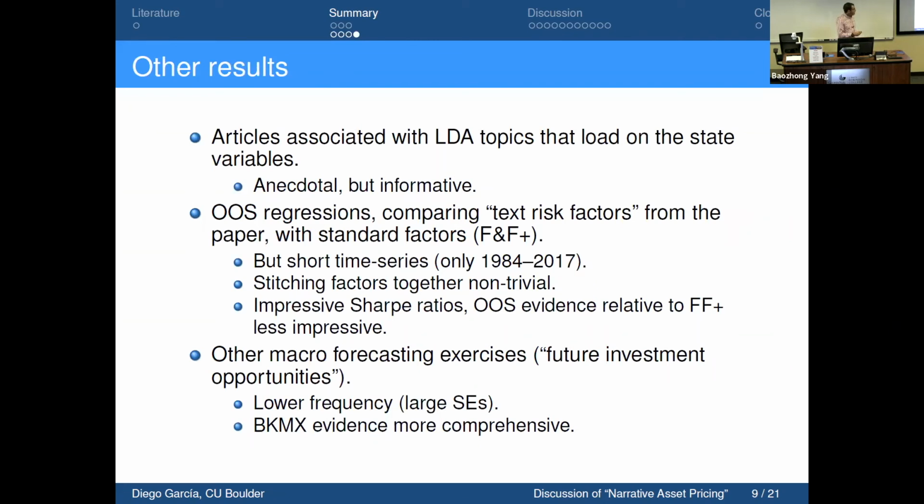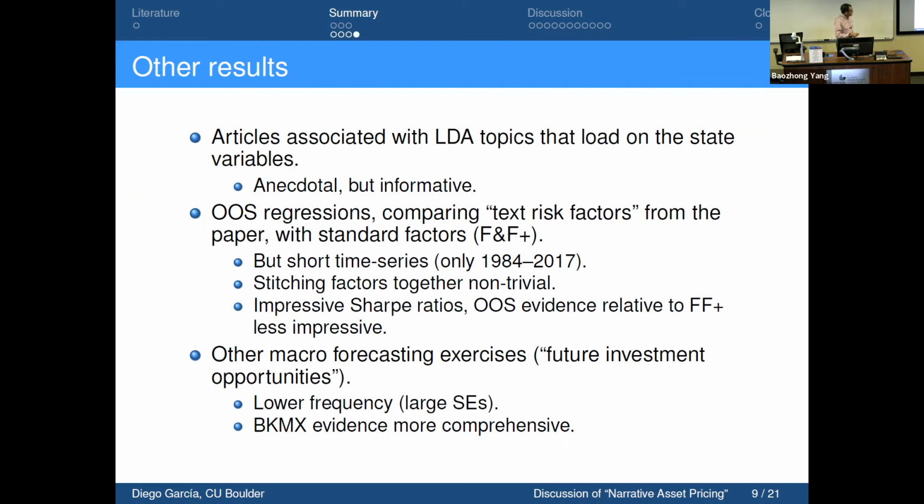There's other results in the paper. There is some time to interpret these things, but at the end of the day, when you think about recession and record, there's not that much to interpret, and there is a lot of talk along those dimensions in these articles. I know for a fact.